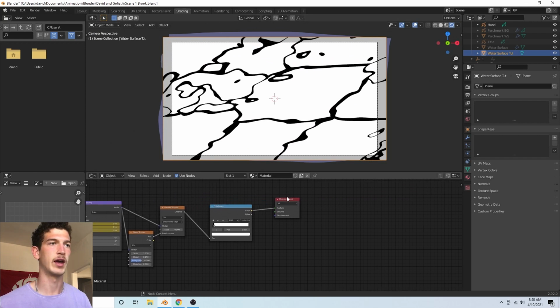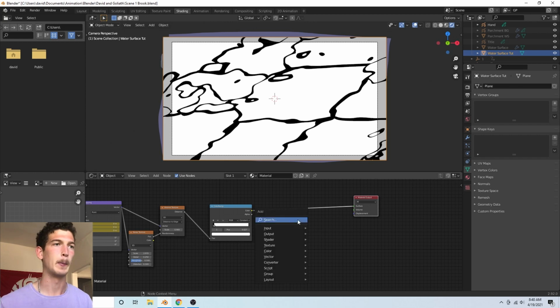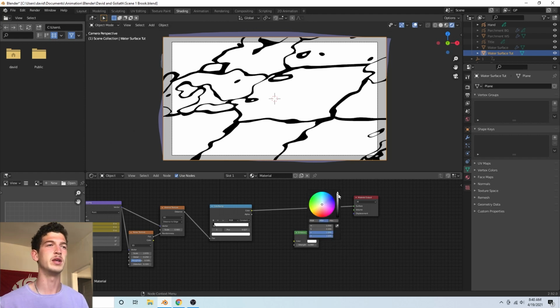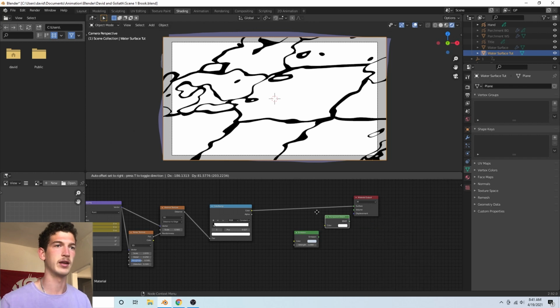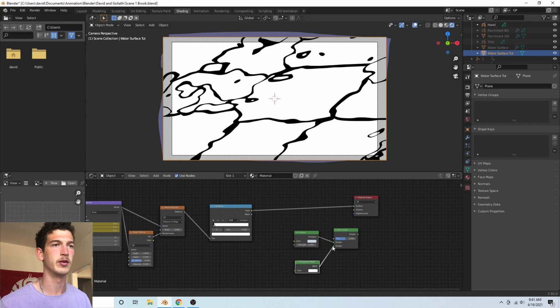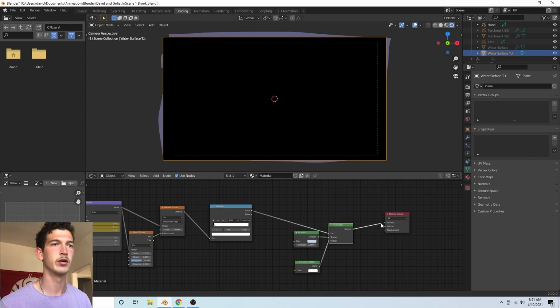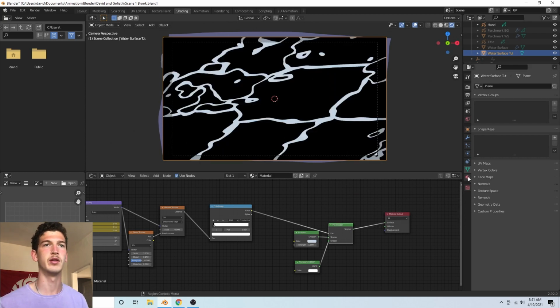So now we want it so that we keep only these black parts and that the white parts become transparent. So to do this, we are going to add an emission node, and this will be the color of our foam, which we will set to be a bluish color. And this is, once again, our foam color. And then we will add a transparent BSDF. We're going to mix these shaders together, and the factor is going to be determined by the color ramp. So the color ramp goes into the factor, shader goes into the surface,